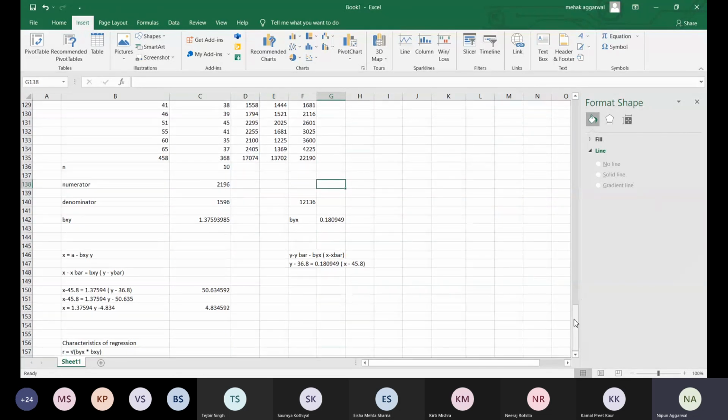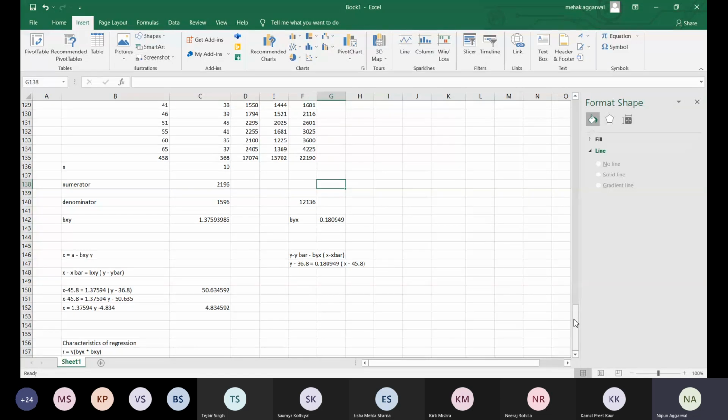But now, in the next class, we will do the grouped form: how we can calculate correlation and regression of grouped data where we have frequencies also. By the next class we are completing correlation and regression fully. Meanwhile, by next week you can practice questions on correlation and regression so that the concepts are clear. At least try one or two questions by least squares and by the formula method, so that you are clear with the concepts.